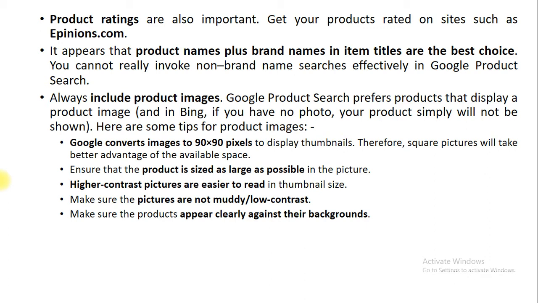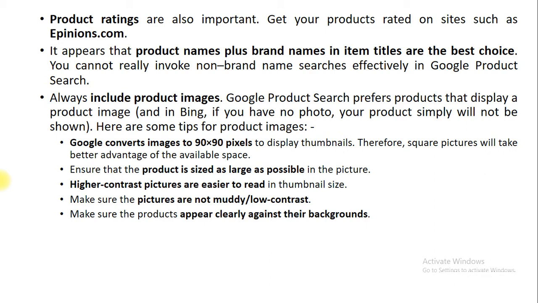Next, ensure that the product size is as large as possible in the picture. If you have a very small image of a particular product, it will not be clear in the eyes of the customer.